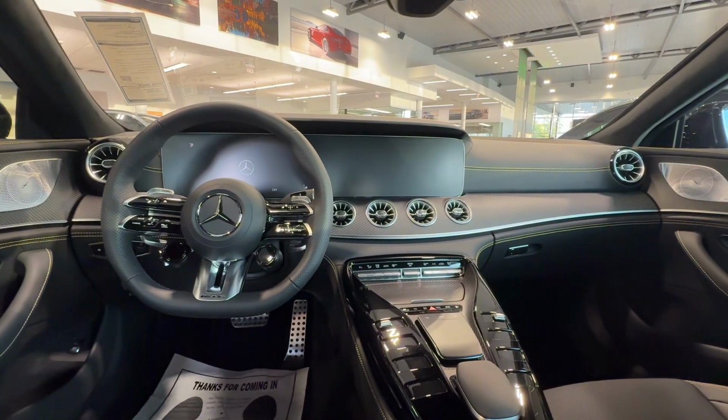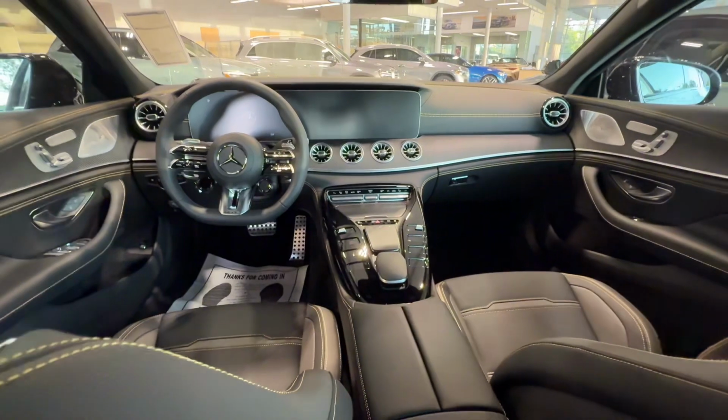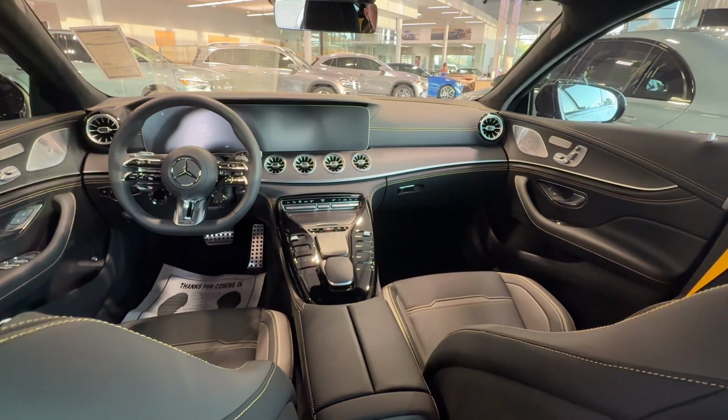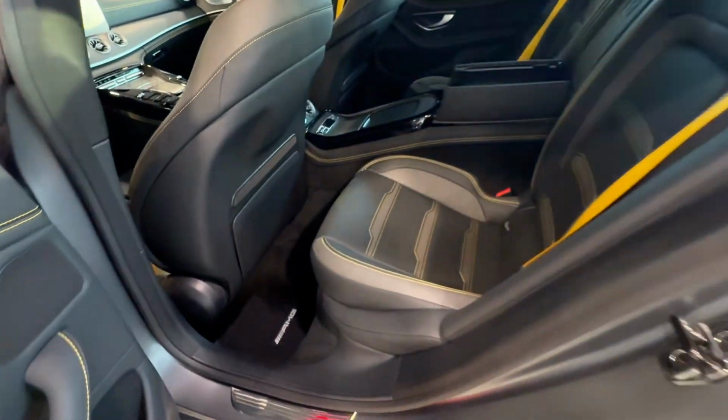I just want to quickly show you the interior of the car. Here you can see the MBUX touchscreen, which has a big surfboard screen. It's 12.3 inches long. And moving to the rear of the vehicle, this one is equipped with the executive rear